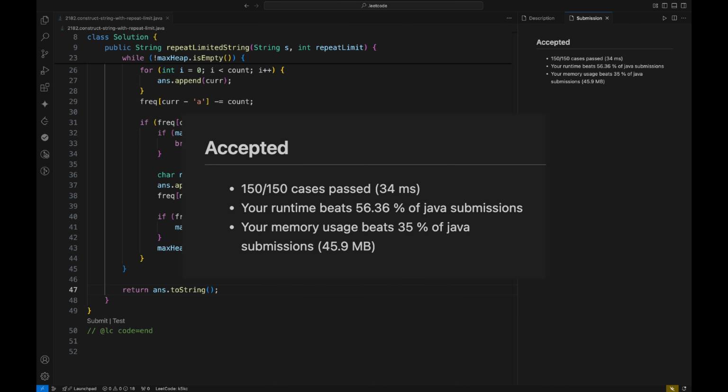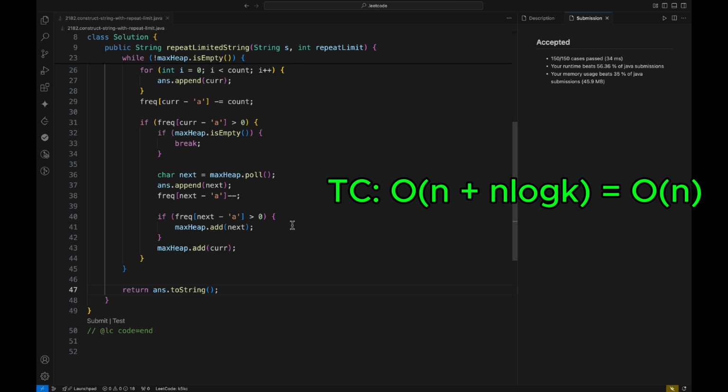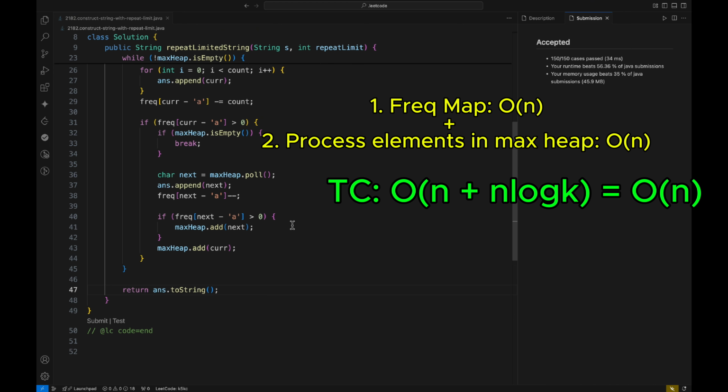Cool. In terms of time complexity, it will be O of n plus n log k, where n is the length of the input string and k is equal to 26. That is the number of lowercase characters we are dealing with. And the reason for this is, first we are going through all the characters in the input string and building the frequency map. And then we are going through each element in the max heap, and the max heap at maximum